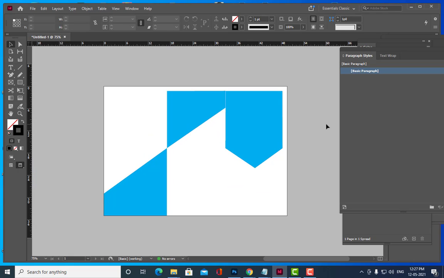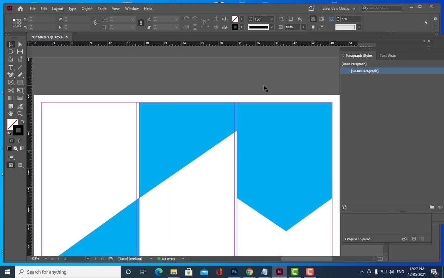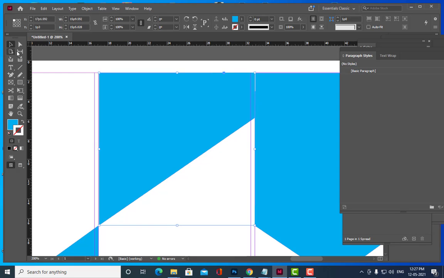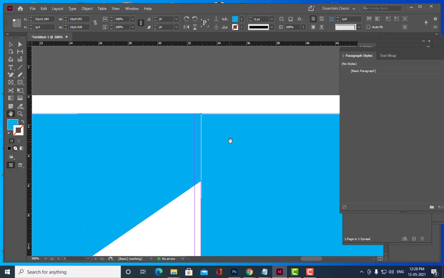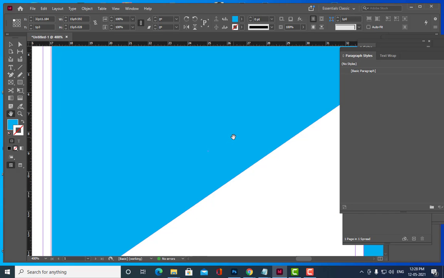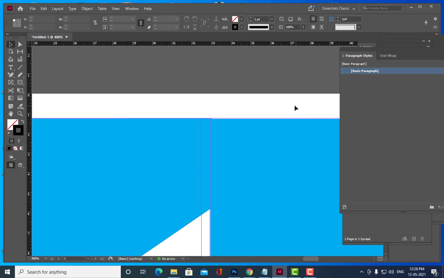So keep it like this. So you can close these gaps. Right, don't keep any gaps.